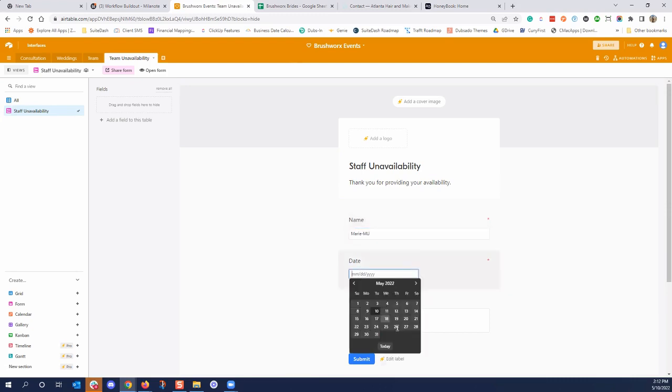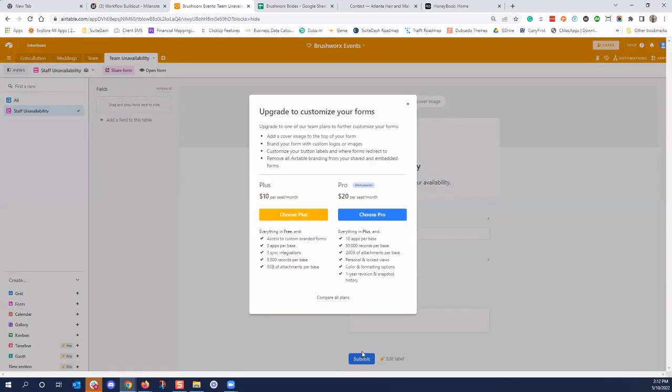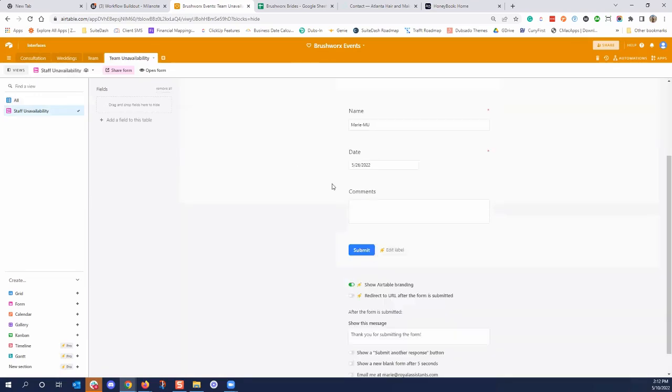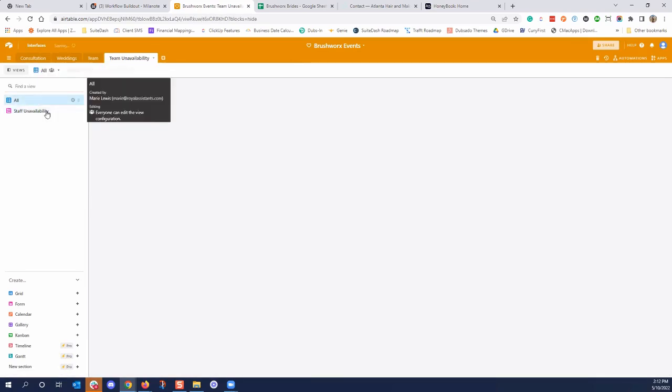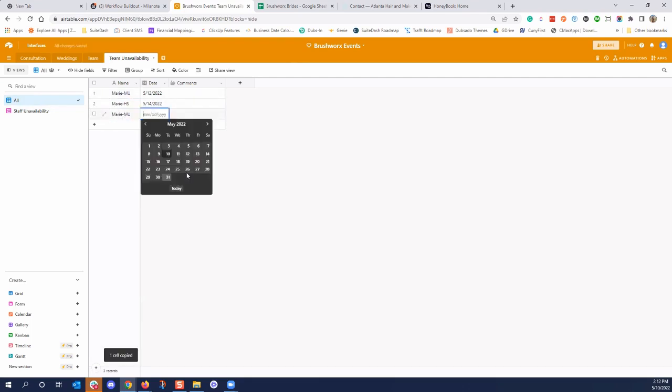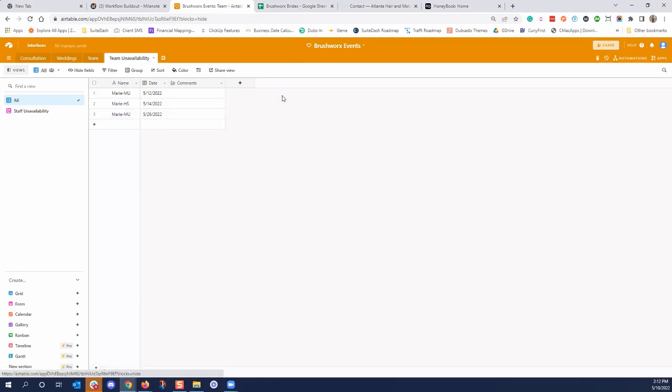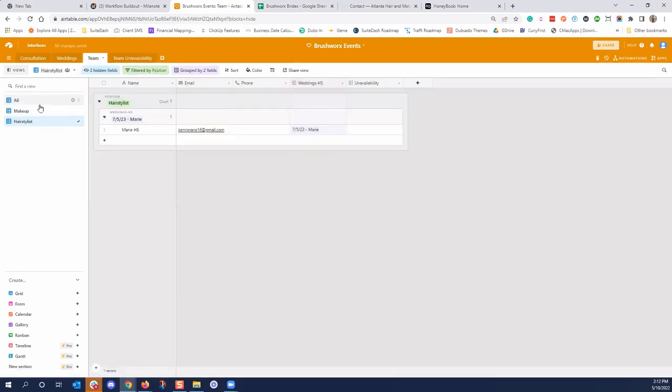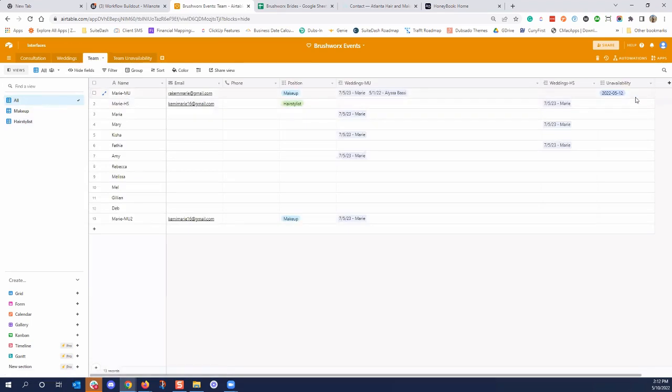Whatever date I put here, I don't need to put a column. Oh, I forgot I can't put it myself, but whatever I put here, it will add here automatically. So if I did it here, let's do it here instead. Then it would automatically add it to this field here. Oh, I turned the automation off for the sake of me testing it, but it will automatically add it over to this field. So this will give them the option. You can see it here by their unavailability.